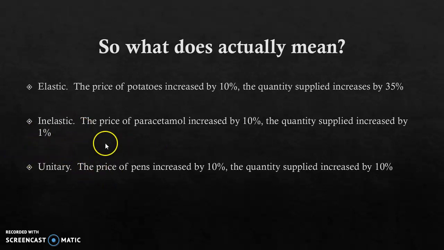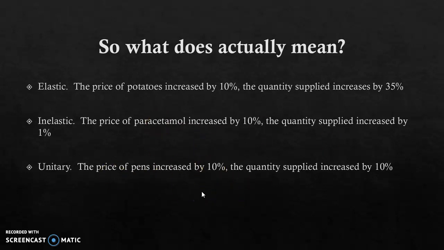And we'll again come back to what determines elasticity, but think about it, from what I understand, paracetamol is actually produced in China, and although they're coming back to life over there now, supply chains have been heavily disrupted. So even though the price could be going up massively in New Zealand, we can't necessarily get much more paracetamol to supply because it's inelastic and it's not coming into the country. And then the last example is that unitary, and there you go.